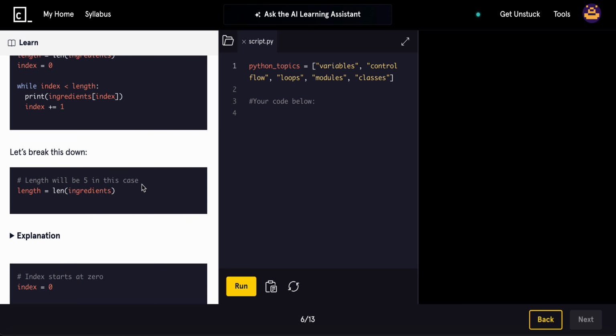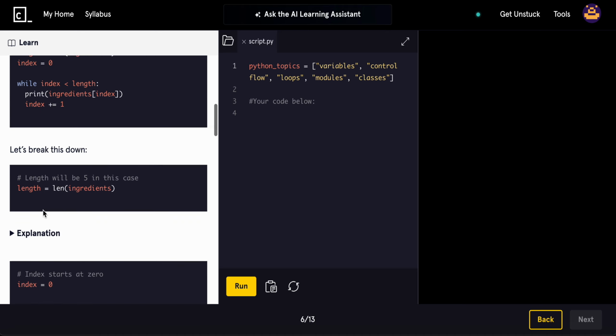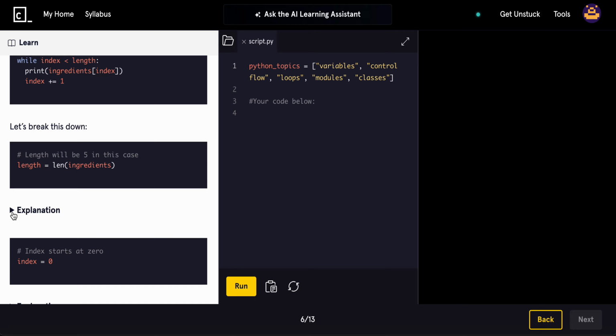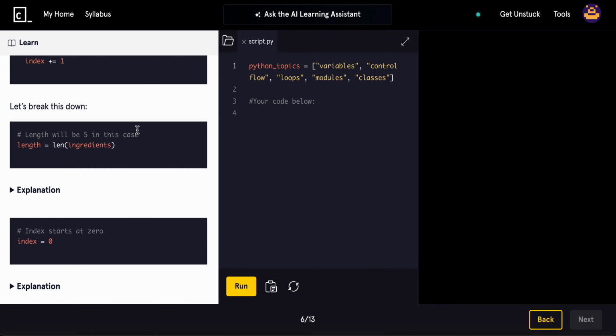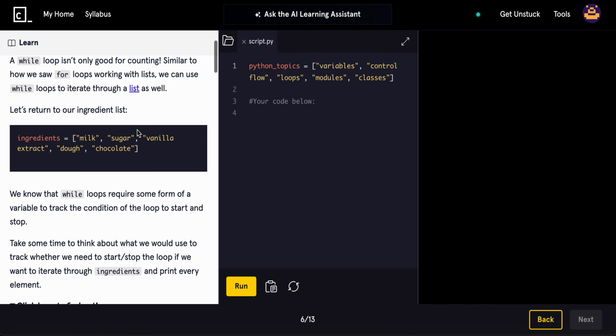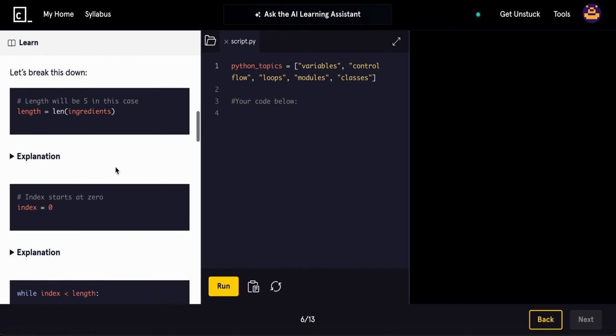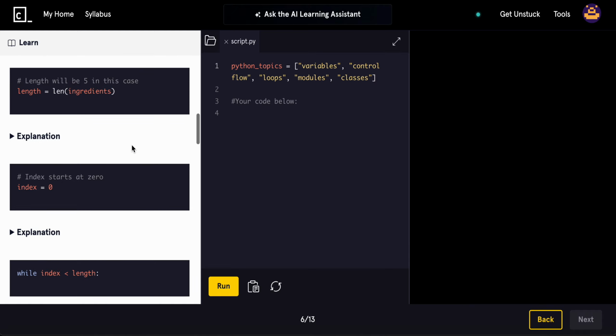Makes sense. So let's break it down. I'm not going to read off the explanations. I'll try my best to explain it to you. I'll flash it up on the screen, but I'll explain it real quick. So length will be 5 in this case because we have 1, 2, 3, 4, 5. Vanilla extract is one word, by the way. It's one ingredient. So this is pretty straightforward, right? We just use the len function, which we should be familiar with from the previous exercises on lists. Now, once we get the length,